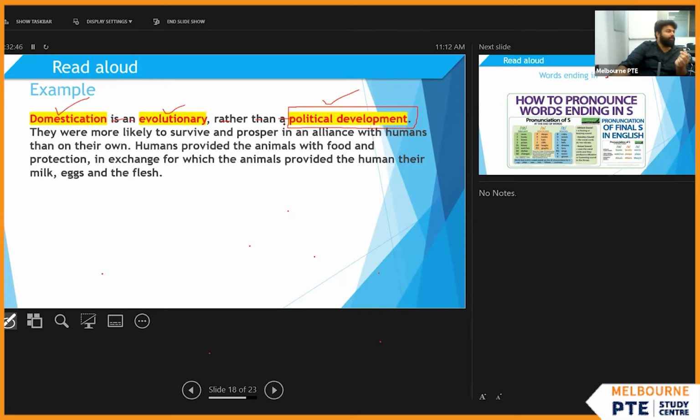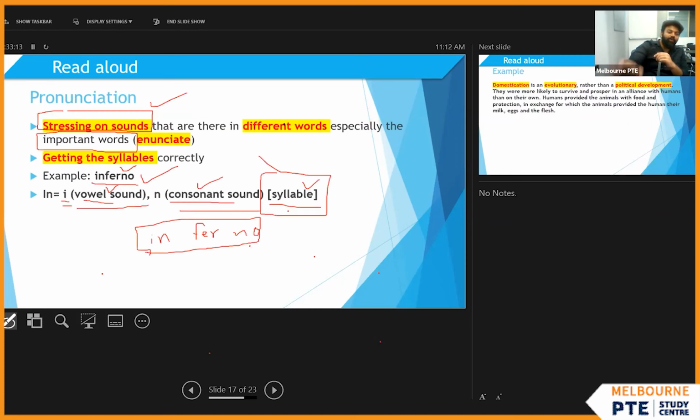Yes, that's it. Okay. Now it doesn't mean that you overstress them or you say like domestication is domestication. No, not like that. What I'm trying to say is make sure you say them more clearly and loudly. Like yes. Not the syllables necessarily, I mean like the whole word. That's it. Okay. Like you're more careful with pronunciation of these words. That's it. Okay. All right, guys. Now, any questions in here? Please